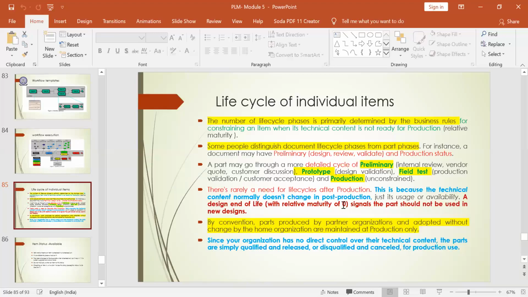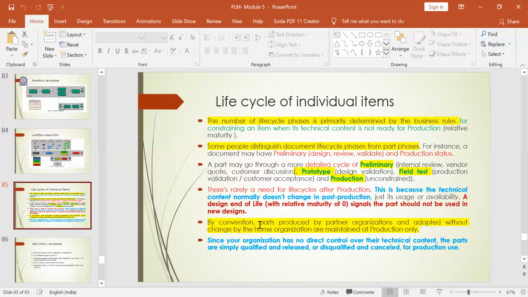If the maturity level is equal to 1 or any high number, then that shows that the existing design has compatibility to make any modification so that it could be used in future for other upgradations in the product also. Then the maturity level for that will be 1. So this is the difference that you have to understand.